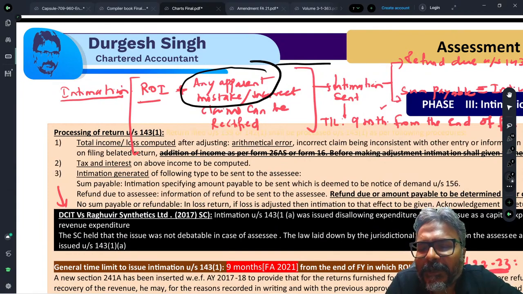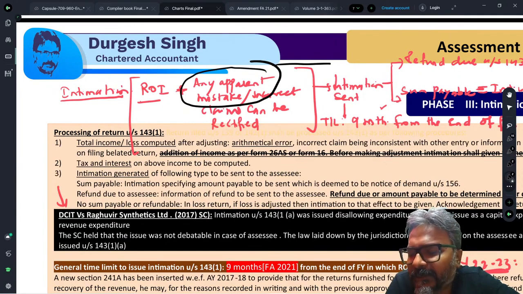Is this particular correction made by the assessing officer justified? The Supreme Court said yes, it is justified, because if you have overlooked a binding judgment of your High Court,